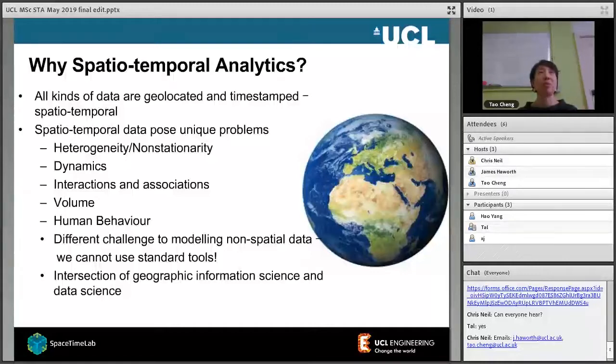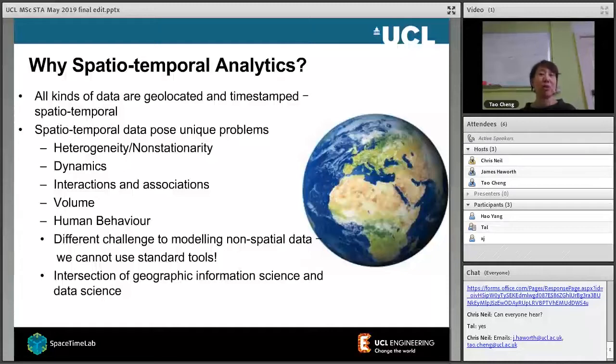It's just data, right? But what's the difference between spatial temporal analytics and normal big data analytics? Sometimes they call it spatial because of the location. Many of the tools you will learn in the class, like conventional regression analysis, are not that suitable for what we call spatial data. The location makes it special. In more specific terms, we call it heterogeneity or non-stationarity. That means something you find in one place may not necessarily be applied in another place.